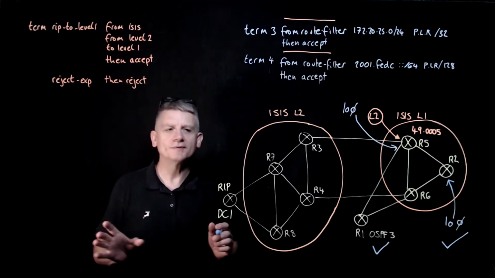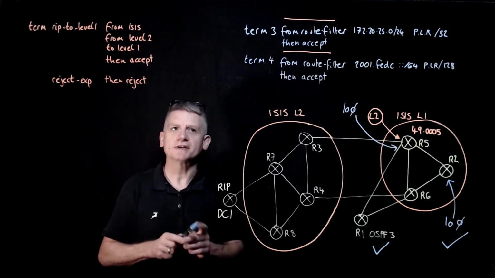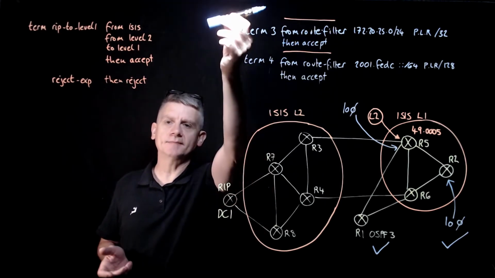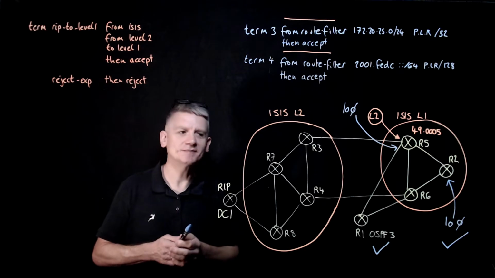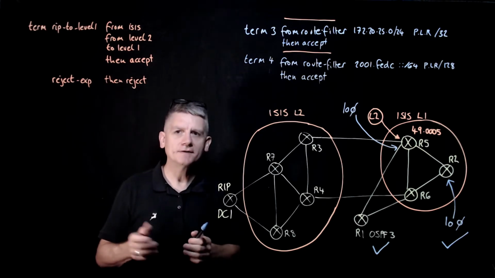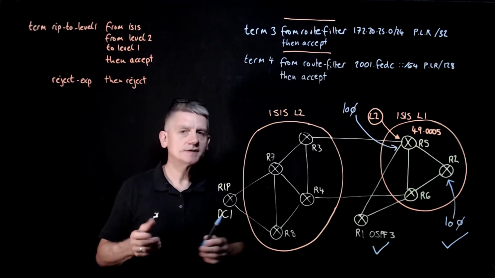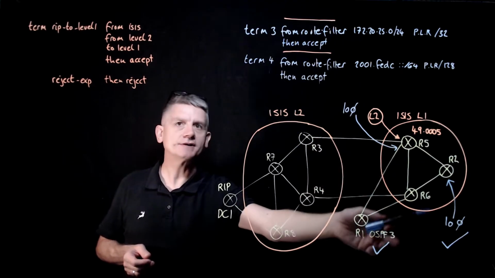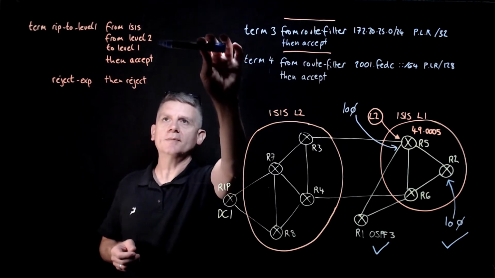Okay, so I've redrawn the board without the OSPF terms, because as we know, these terms without a source really do eclipse and contain those OSPF terms as well. And there's a few things we need to look at here. The most important is the loopback on router 5, the loopback on router 2, the operation of the level 2